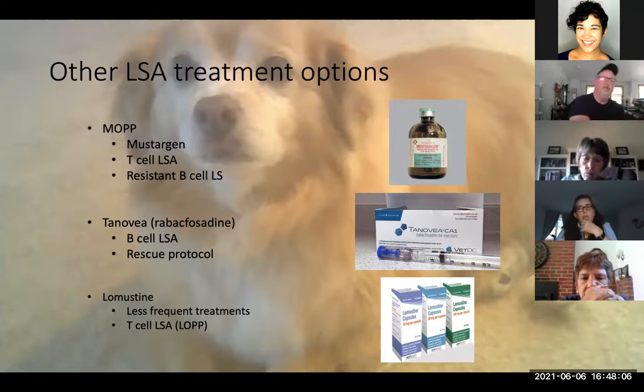And how often can they come in? Cost is a big factor too that we need to take into consideration. And so every time I have that first conversation with someone about the lymphoma treatment and what the options are, it's like,